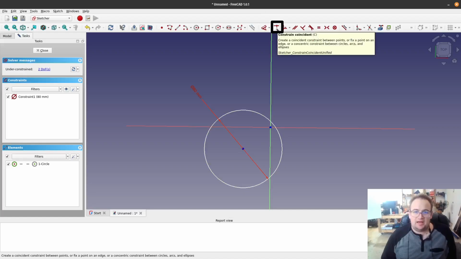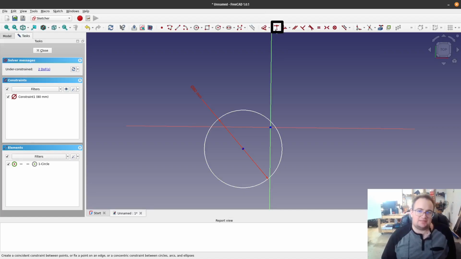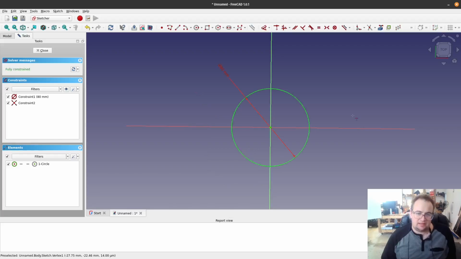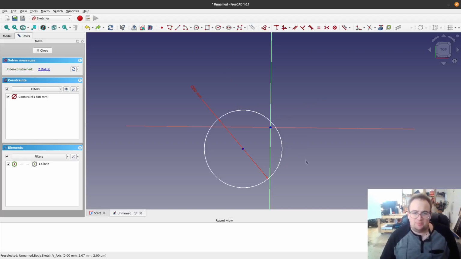So to do that, I can go here, constrain coincident. So click that one, and click that point, and now it's constrained to the middle. That's constrained coincident. And I'll just Control Z that and escape because I want to show that you can also